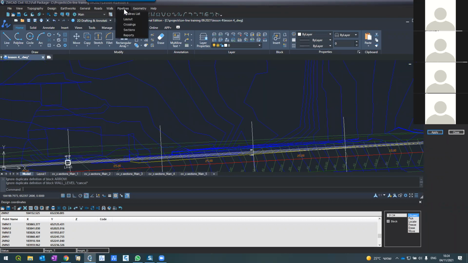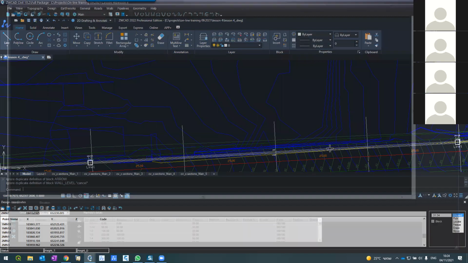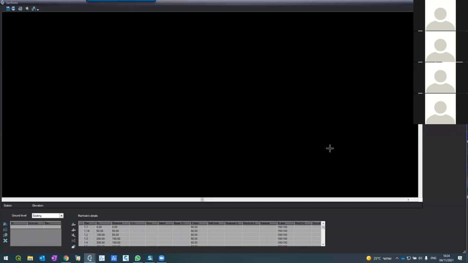I'm going now to sections, pipelines, sections. See the window. This is not the AutoCAD window. This is a designated drawing environment, although we are about to change it in the next version to be fully AutoCAD. But for now, this is one. So first of all, like in the roads, in the profile of the roads, I need to extract the existing ground level. If I press apply,